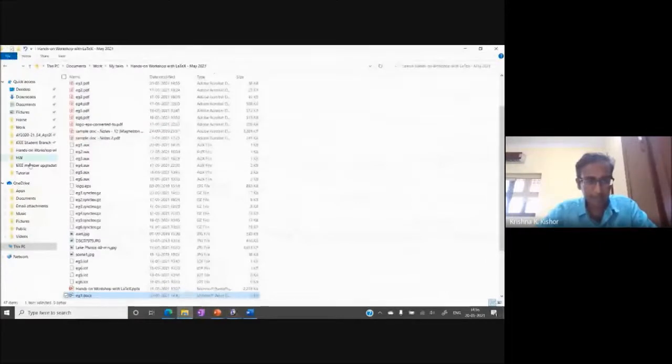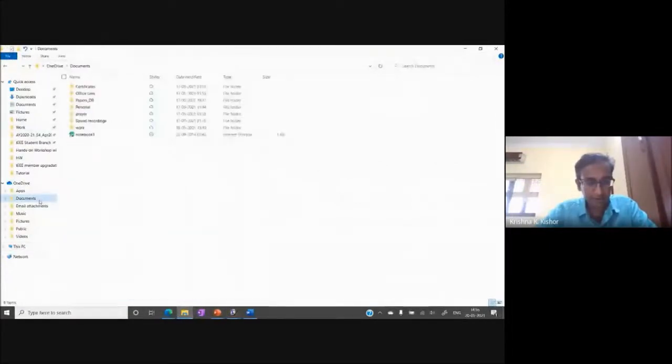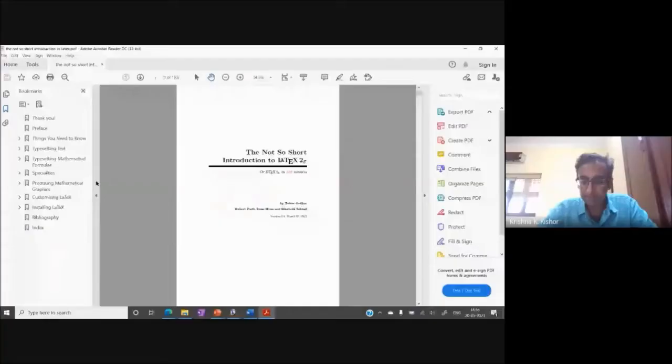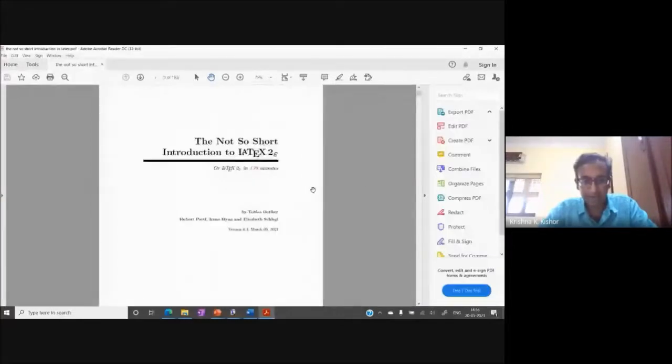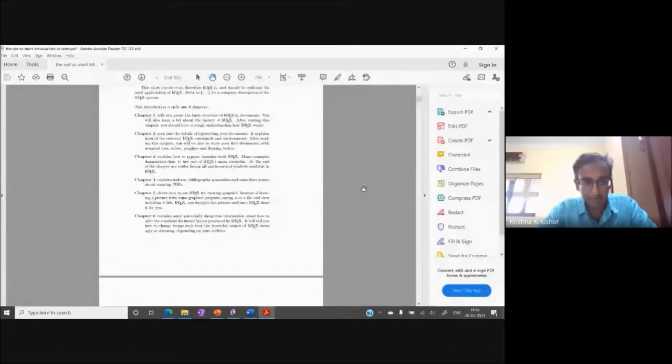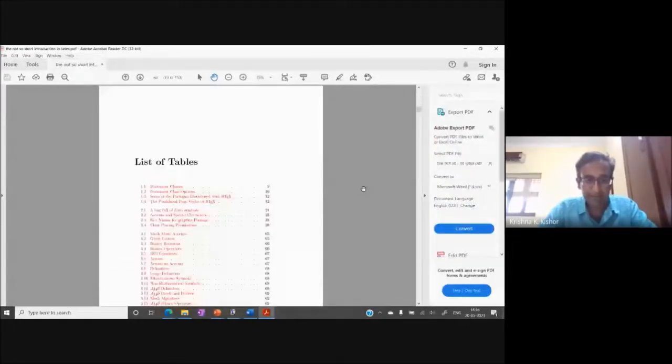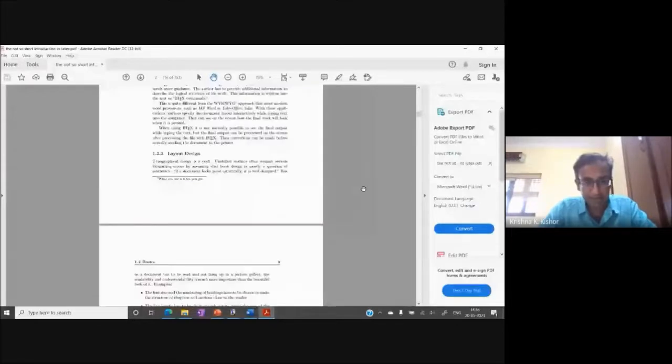It's freely available. Just search in Google for this book called The Not So Short Introduction to LaTeX. This is a very good book. It lists out pretty much everything that we want to do and gives you all the commands. If you scroll down, this document itself is made in LaTeX. For example, over here.